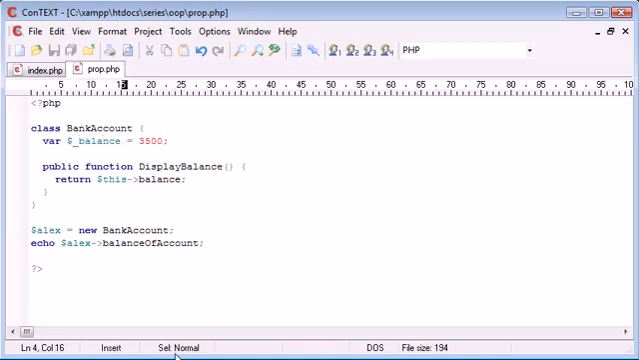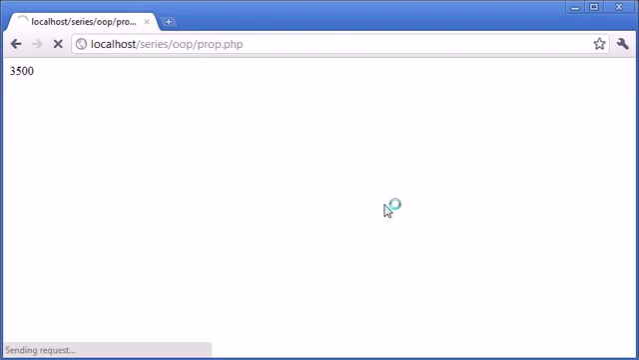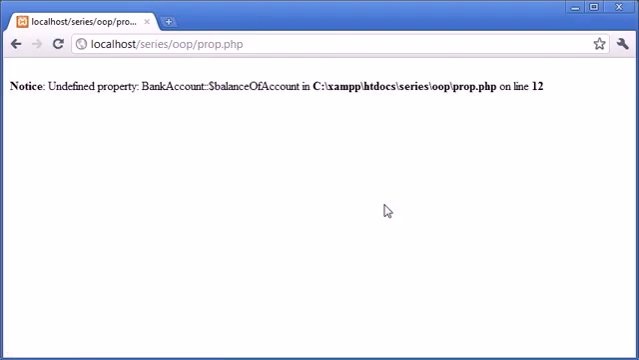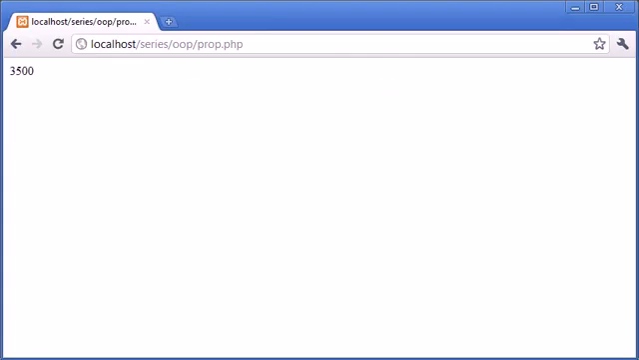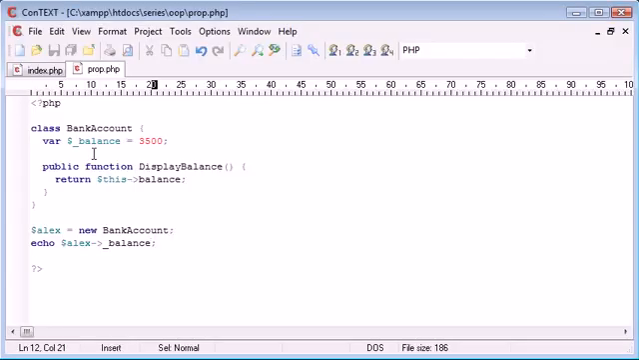So we've got 3,500. Now let's go ahead and change this to underscore balance. Okay, now you can see that what's happened is we're saying oh no, undefined property there. Let's go underscore balance and refresh. Now the value stayed the same, but we've got an underscore balance here,